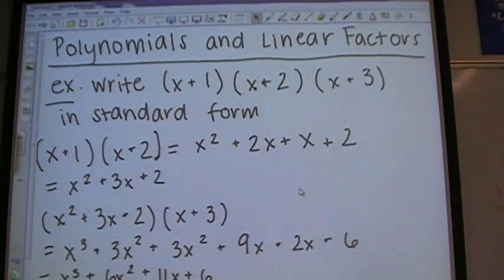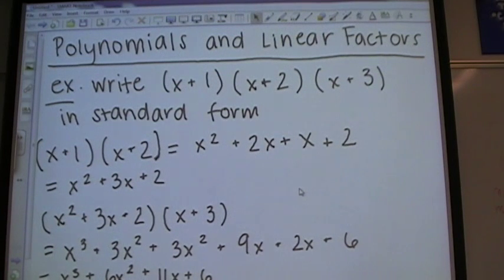Polynomials and linear factors. The first example we're going to look at is given to you. You have a polynomial given to you in factored form. You have to change it to standard form. So the example is write (x + 1)(x + 2)(x + 3). Those are your factors in standard form. So the first two examples, we're going to go back and forth from factored form to standard form, then standard